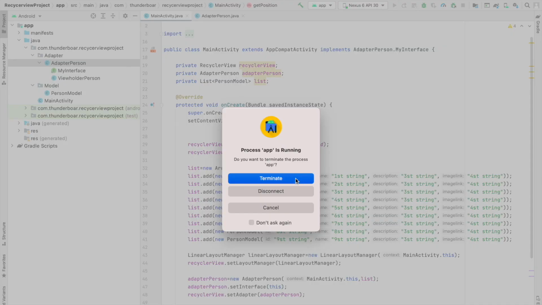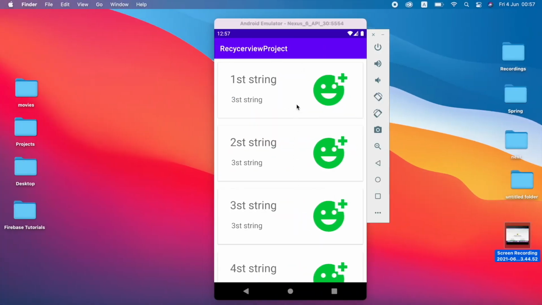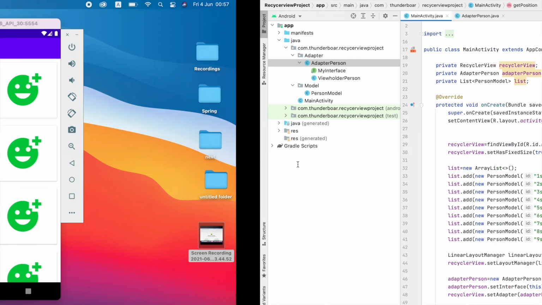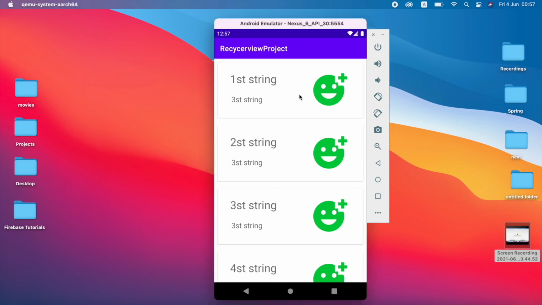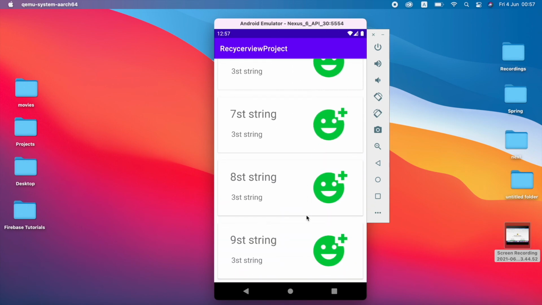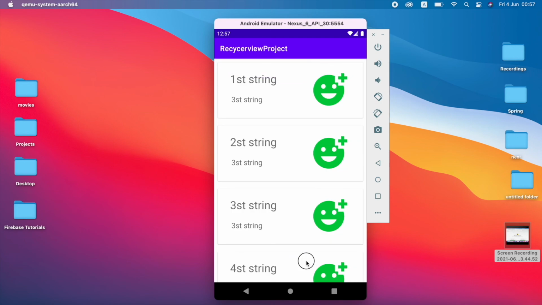It's asking to terminate. So I just click the second item. You can see here this is the first one. According to the array, it takes the first element as 0. You can see I click the first string, it's showing 0. If I click the second one, the value is 1. So our on-click listener, I mean our custom on-click interface, is working.